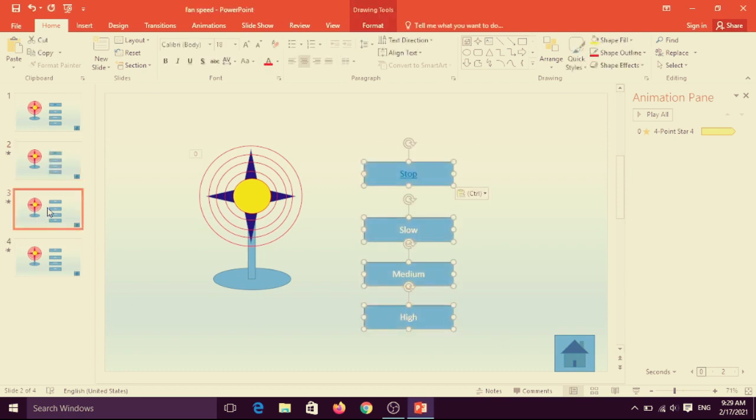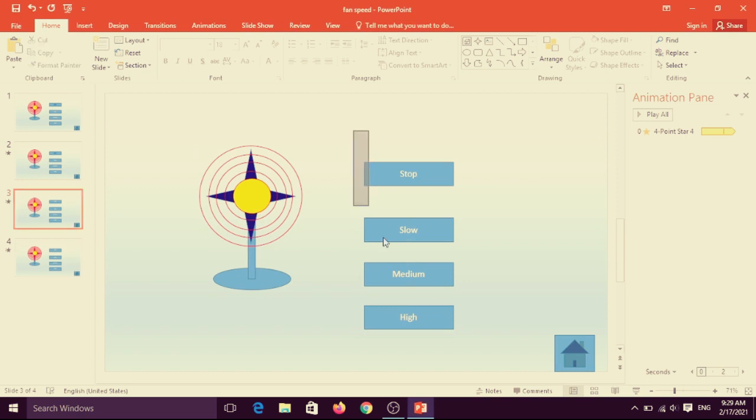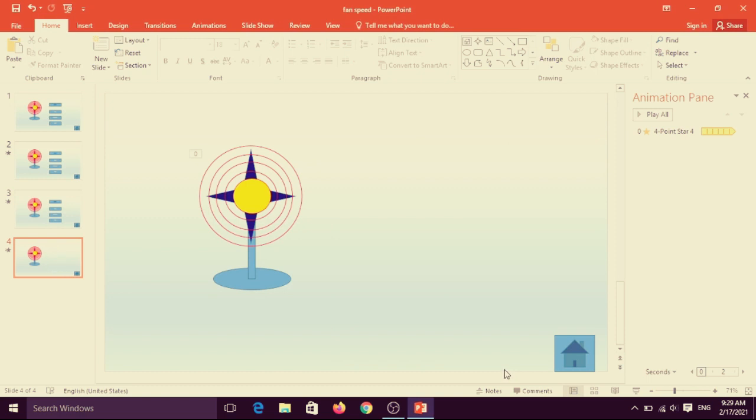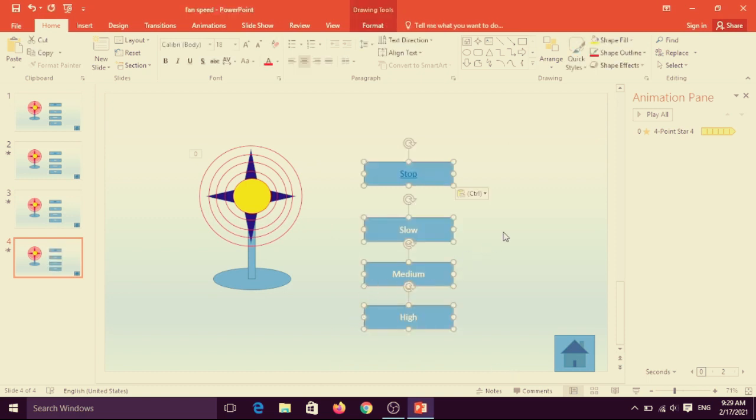Same things, select it and delete, and then after paste it. And last one also select it and then after paste. Means your slide is ready to see how it will be displayed.